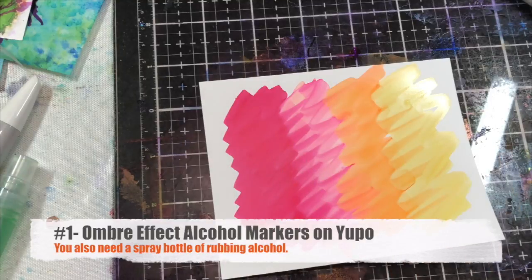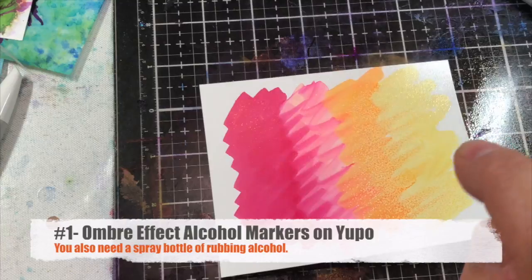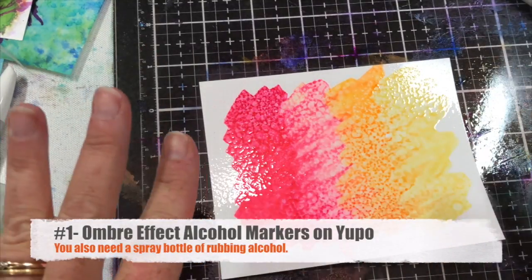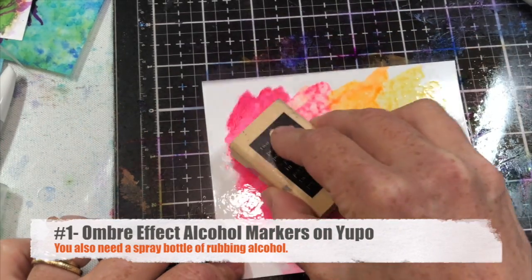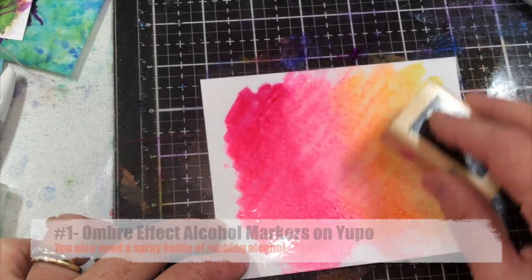So as you can see, I've just done a little scribble, and now I'm going to go ahead and hit it with my alcohol ink, or my rubbing alcohol. You can see it makes things move and makes them more vibrant. And now I'm just going to blend it in an ombre fashion with my little